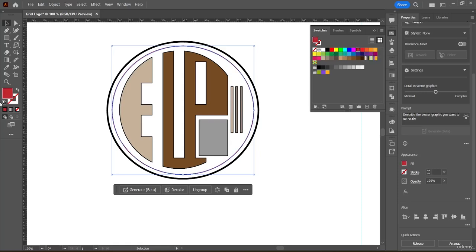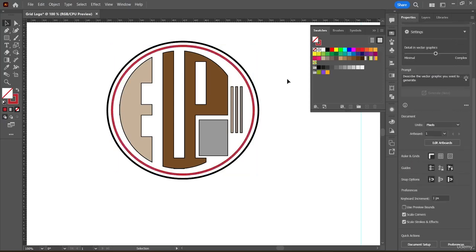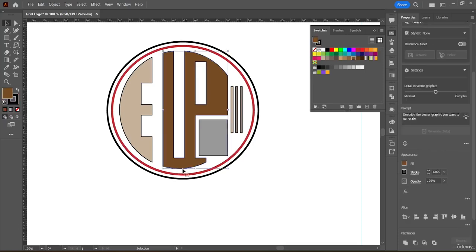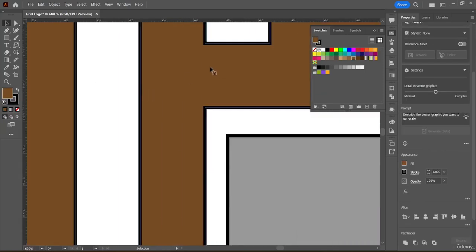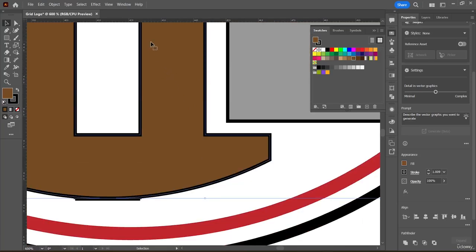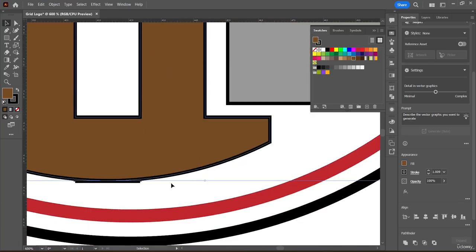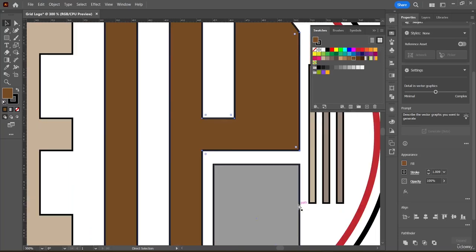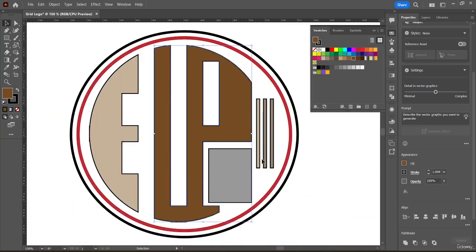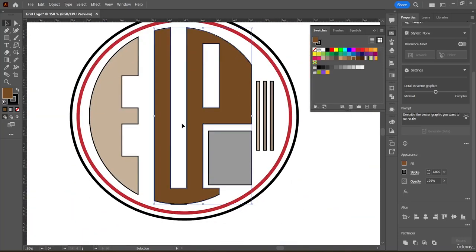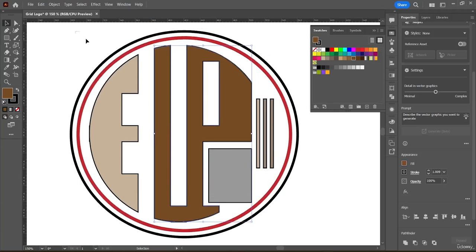I will just come here and I do want to change this one with the stroke, and also I will just increase my stroke from here. Okay, so let's just increase the stroke right from here as well. So if you do want to zoom in to any particular place, you guys can come down and you guys can just delete this part as well. So control minus from here,